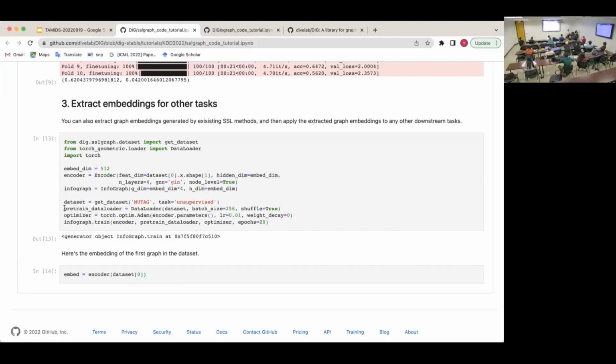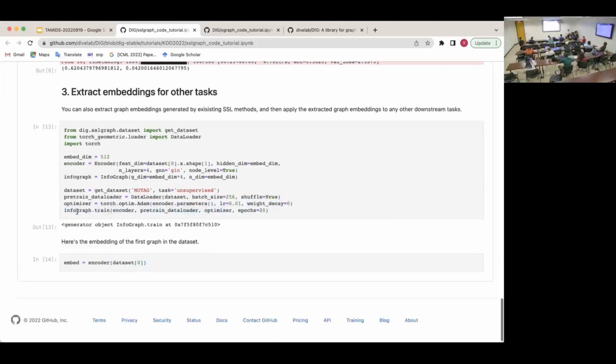But here you need to define a pre-training data loader as well as the optimizer for the pre-training. Then perform the pre-training with the given encoder, the pre-training data loader, optimizer, and other parameters. After the pre-training is done, you can use the encoder to get the embedding of graphs